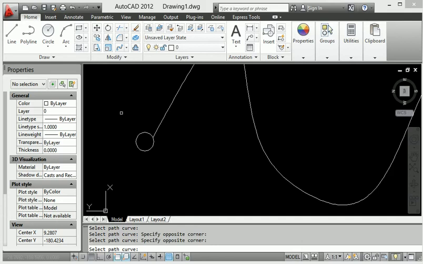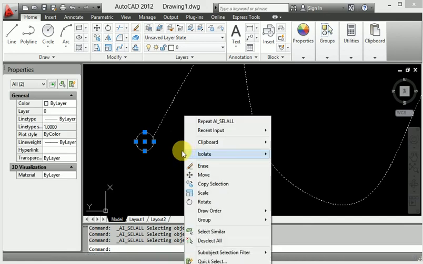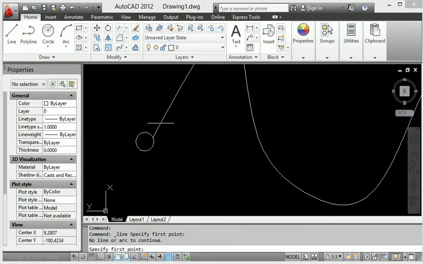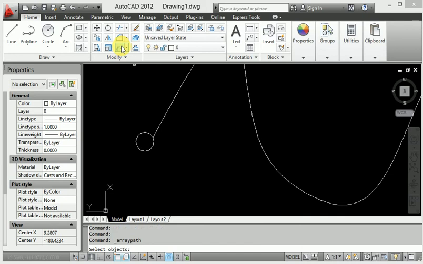Okay, I am going to exit, then after that I will get apply. So first of all, the circle right now. When I apply the path pattern, click the circle and also press enter, then OK.